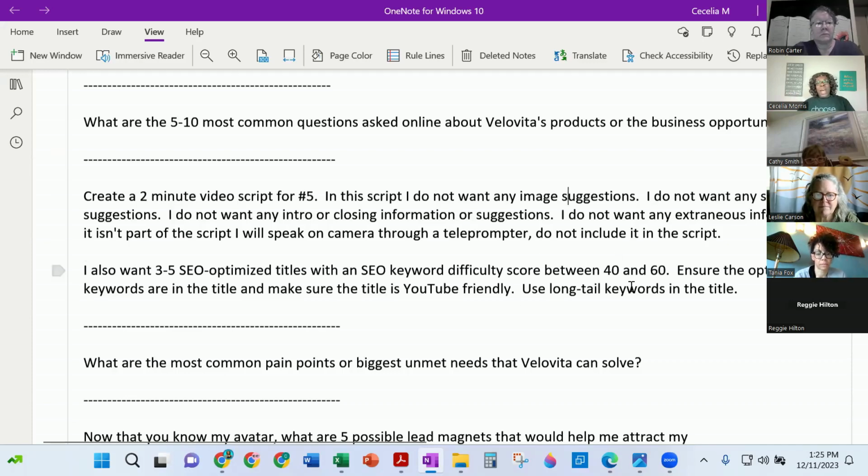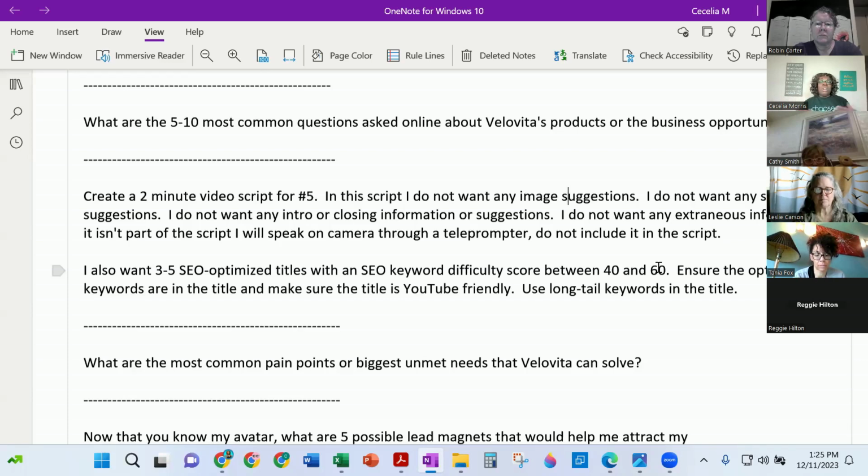The second part is about how do you rank up on Google. So Google, the goal of everybody is to be on the first page of Google. And there is a running joke in the SEO world that says if you want to hide something, put it on the second page of Google. So by choosing SEO optimized keywords in your title, you are more likely to rank up on Google. And you want to score between 40 and 60. If you have a keyword difficulty that's, say, a 5, that means nobody's searching for it. If you have a keyword difficulty that's 100, that means everybody's searching for it.